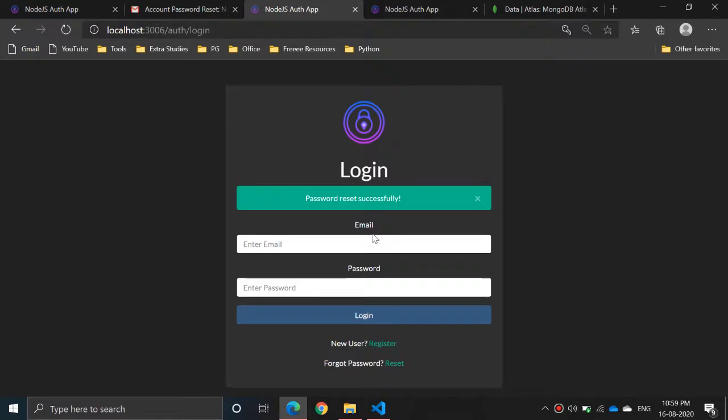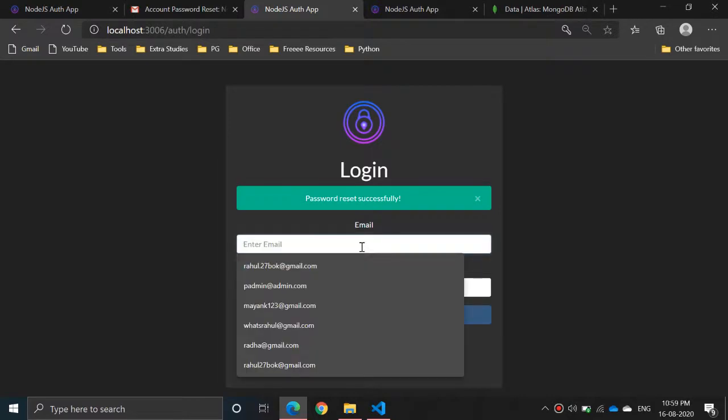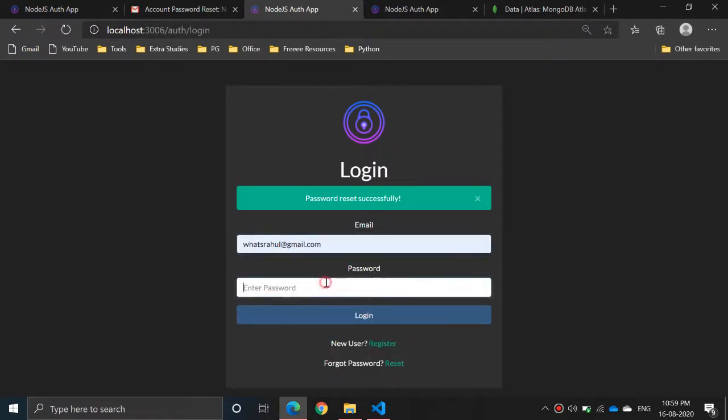So now the password is reset, and if user tries to log in from the old password which was this, so it will throw an error message, password incorrect.